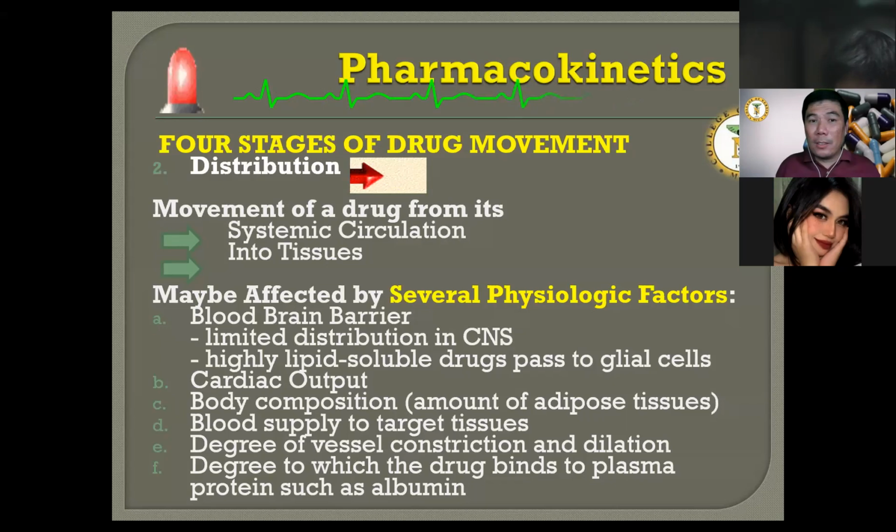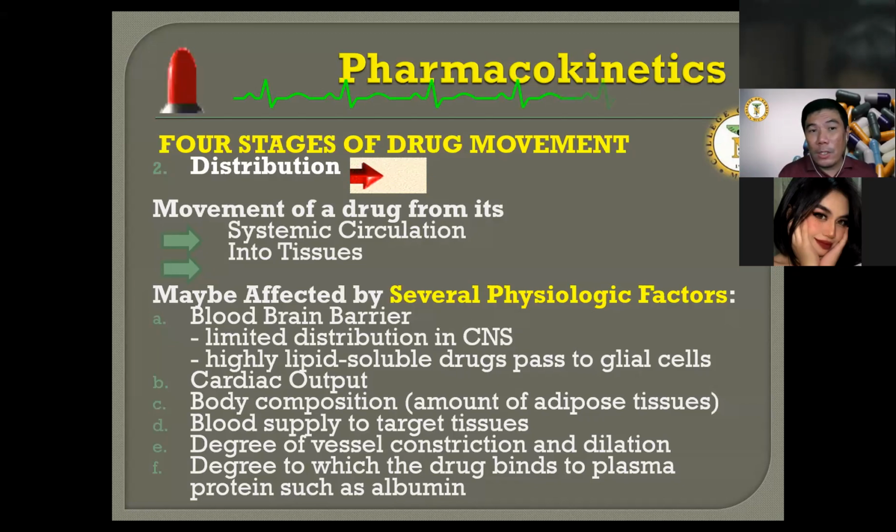Once the drug reaches the systemic circulation, which is the plasma, this is the time that the plasma will distribute it to tissues. Pag into tissues, it's distribution. If it is across tissues, that is referring to absorption. Remember that, ha? If it is across tissues, absorption; into tissues is referring to distribution. That's why I even mentioned from the video that the drug may enter different compartments. So intercompartment yung distribution.